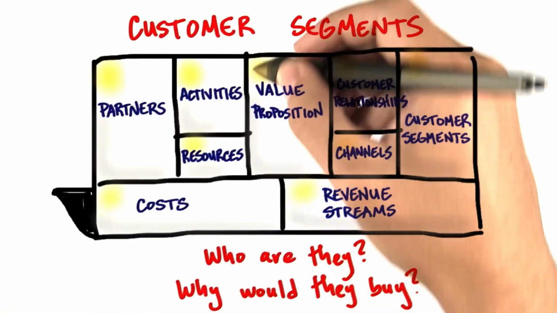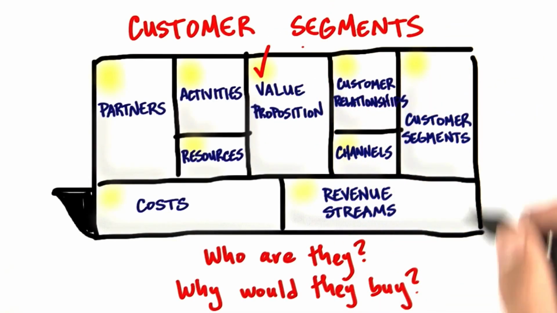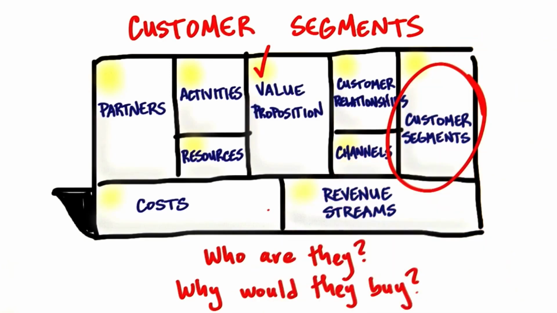Today we're going to talk about customer segments. Who are you building your value proposition for? What jobs do they want to get done? What pains do they want to solve and what gains do they want to see? And at the end of this, what you want to find is what's the archetype or persona of who you're building the product for.